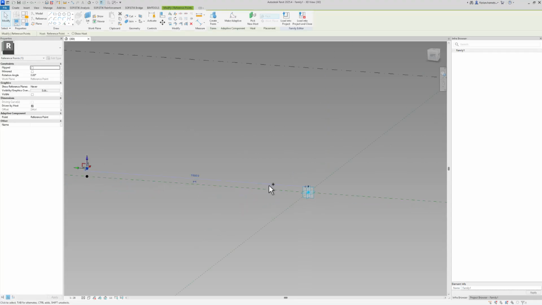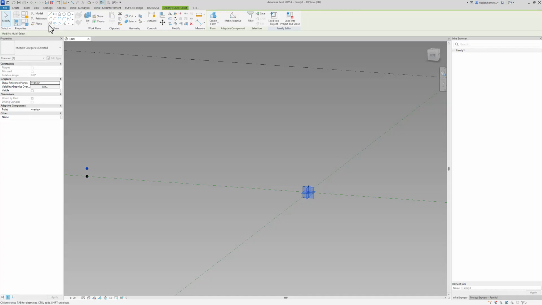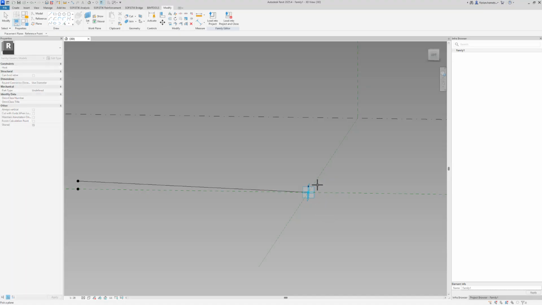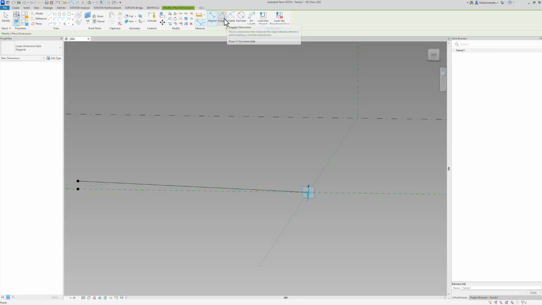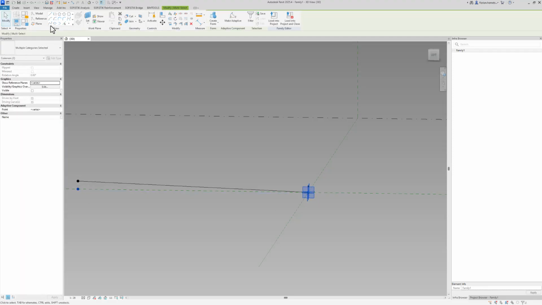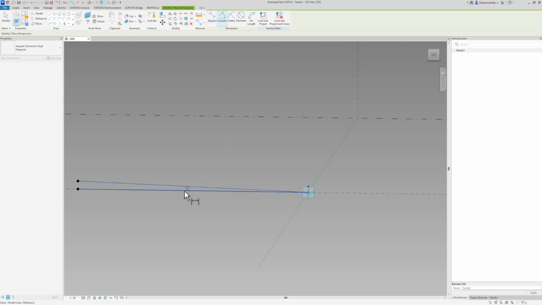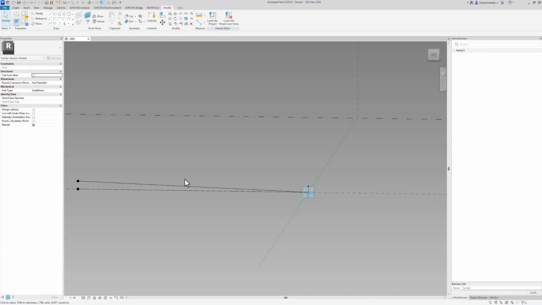Let's actually double check. We can select the points, create this reference line, select the right plane, and in here I can now check for the angle between these 2 points. I also need a line. I can now check the angle in between, and you can see the parameter is assigned properly. Let's dissolve these lines and keep going with the other points.